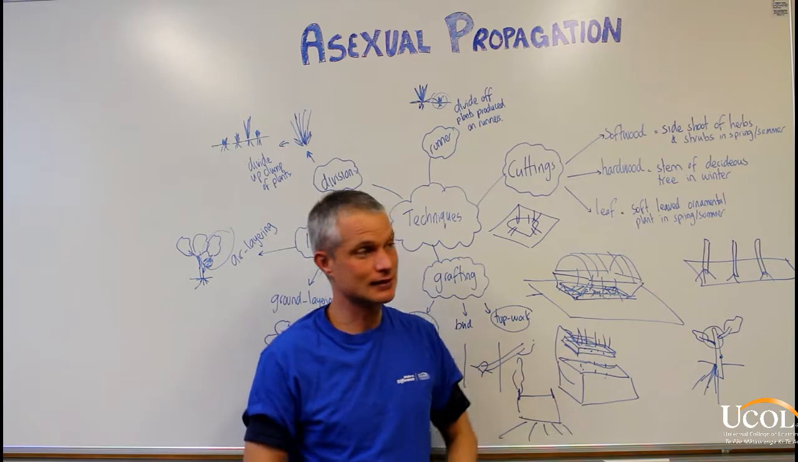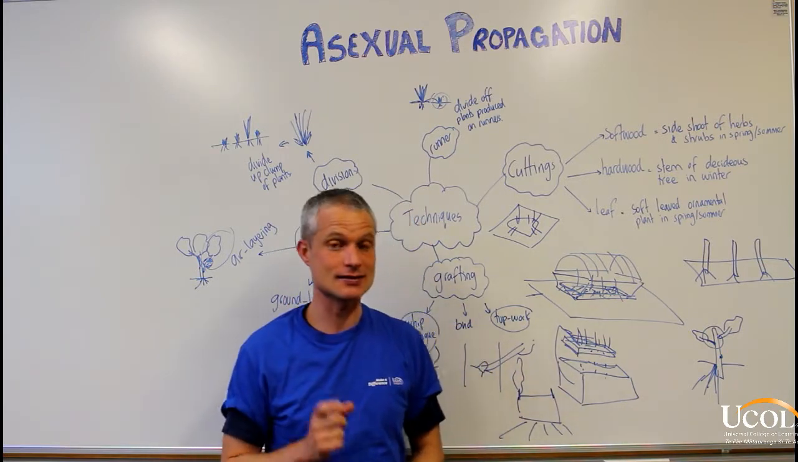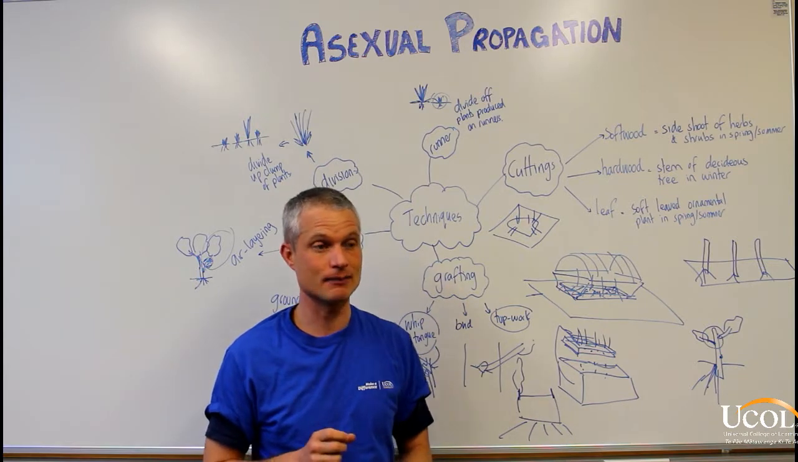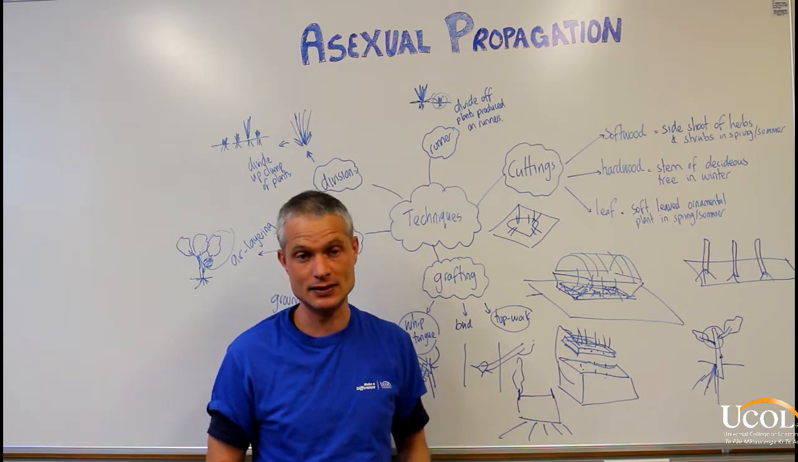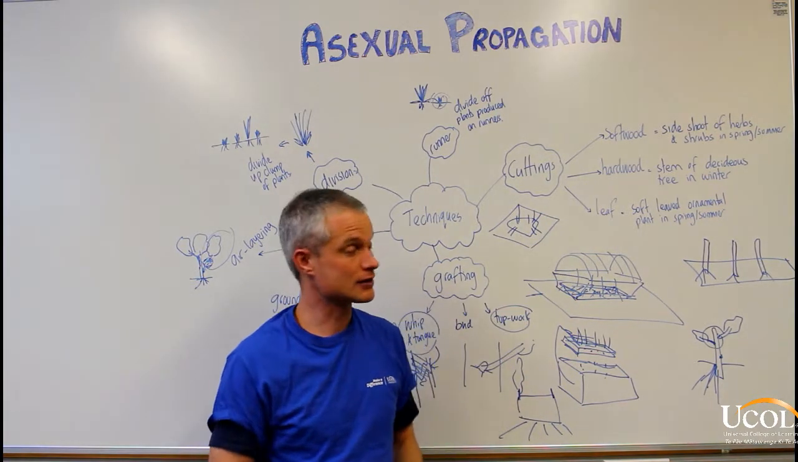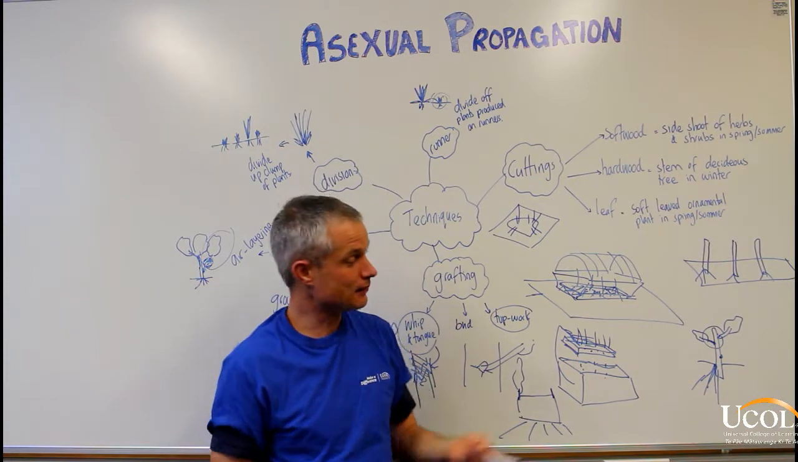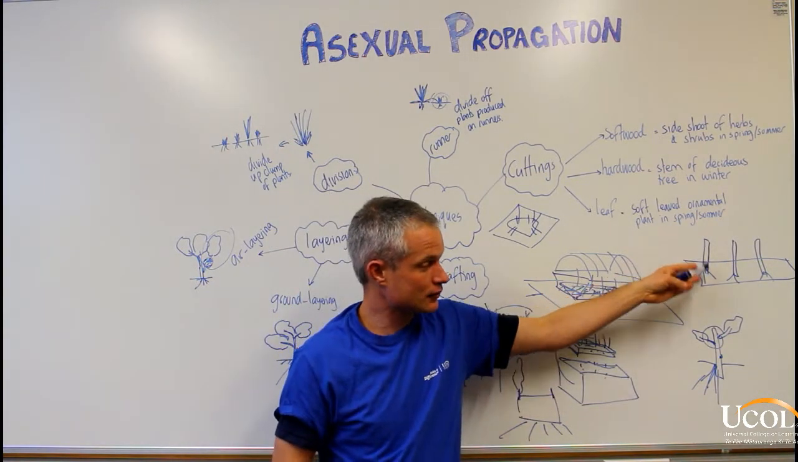A hardwood cutting doesn't have any leaves on it. You take it in the middle of winter, from a deciduous tree. That means a deciduous tree loses its leaves in winter. So that is a good choice for a slow growing deciduous tree. And you take a section of its stem, again with 3 or 4 nodes, and you plant it out in the field